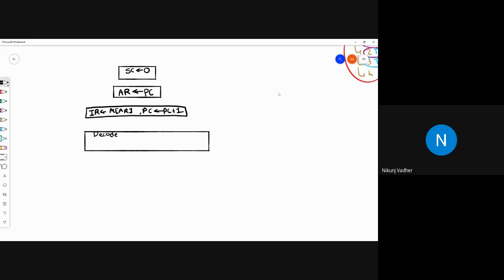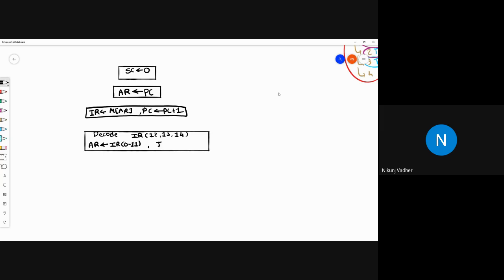Decode IR bit number 12, 13, and 14 for decoding the operation. Then in address register, we will store bit number 0 to 11.